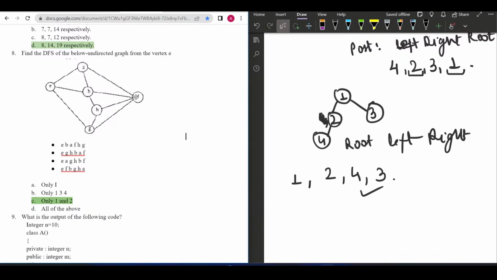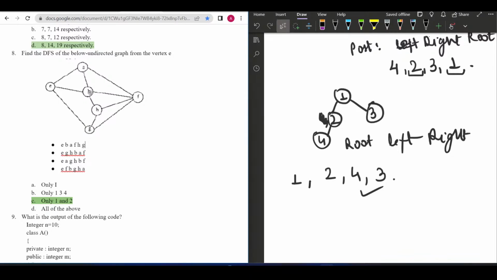Then from A we'll be moving to F, that is also okay, and from F we can move to H, that is also okay, and then moving to G. So clearly the first example is okay, because here we are moving to the depth, and it is okay in that case. Now considering the second example here, from E we can move to G, then to H, then